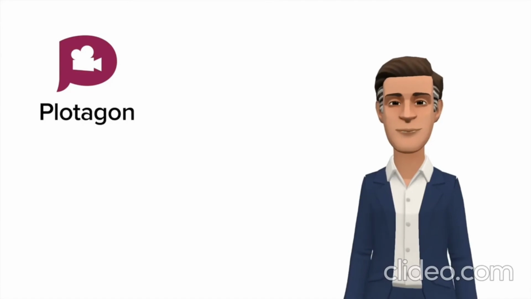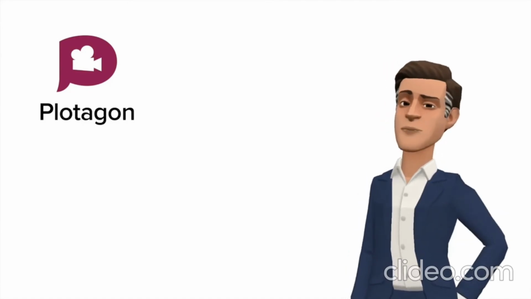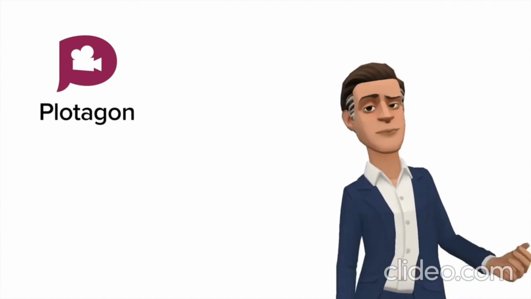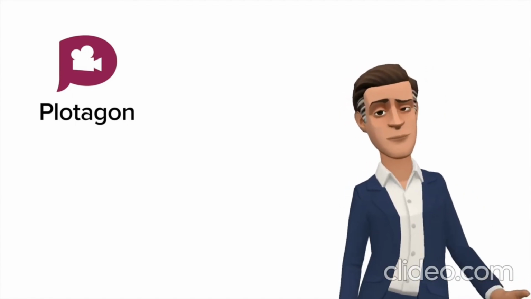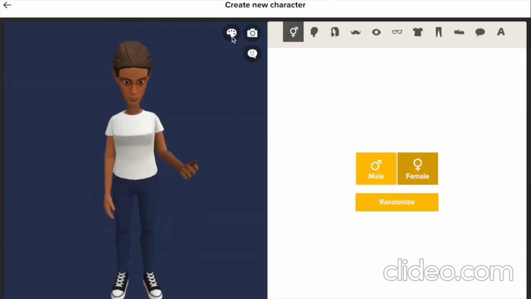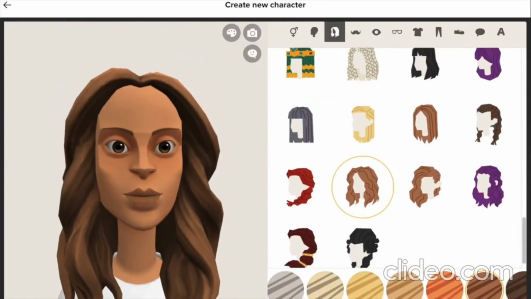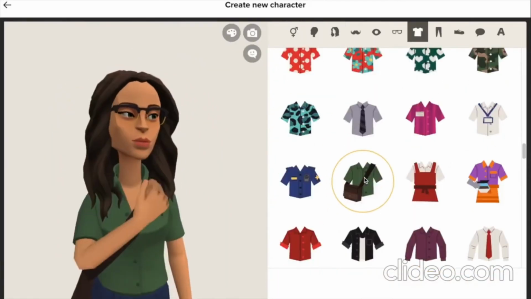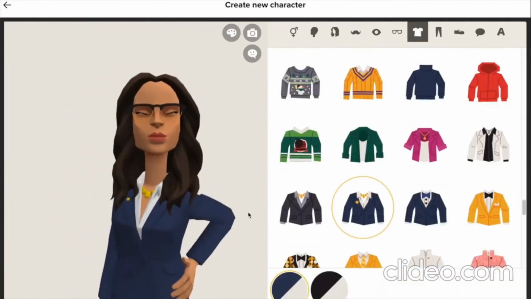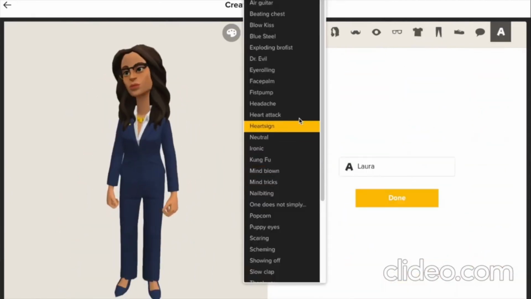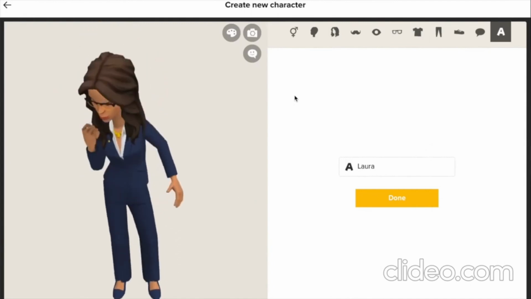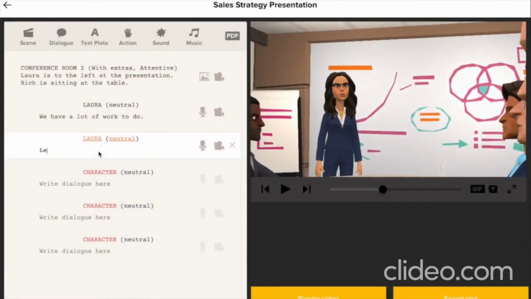Meet Plotagon, the easiest way to create videos for online training, marketing, and outreach. Our one-of-a-kind character creator offers a diverse range of faces, skin tones, hairstyles, clothing, and accessories, so you can fill your videos with a cast that reflects the world you live in. Then turn your ideas and text into real-life scenarios.